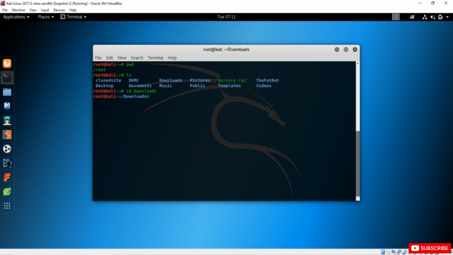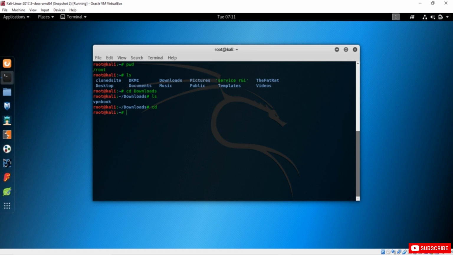Alright, now I'm in download directory. If we type ls, you can see we have another directory VPN book over here. If you want to go back to the root, you can type cd and it would get you back to